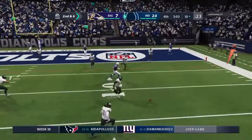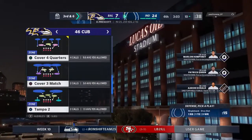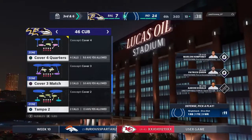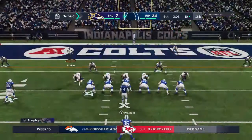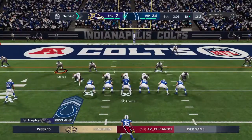Sliding out of the pocket, and that one got tipped. Kind of threw everything off. It brings up third. You got to give some credit. They're able to hop up in the air and bat that one away. And that's frustrating for an offensive lineman because the only recourse is when he goes in the air to try